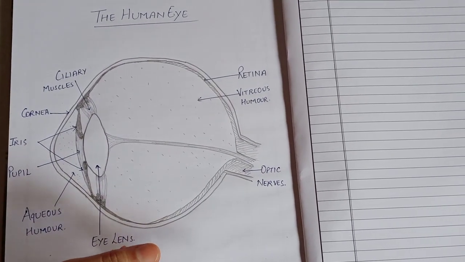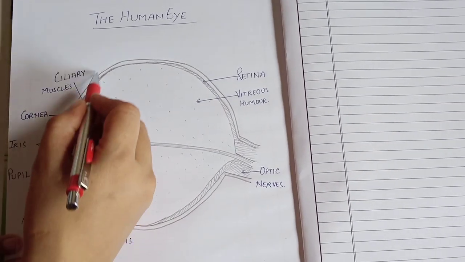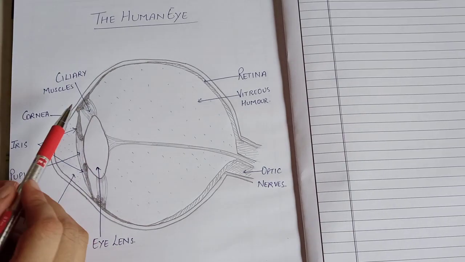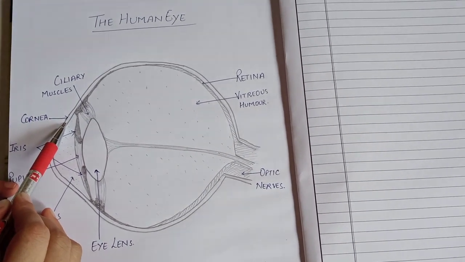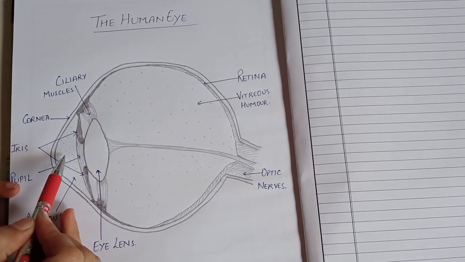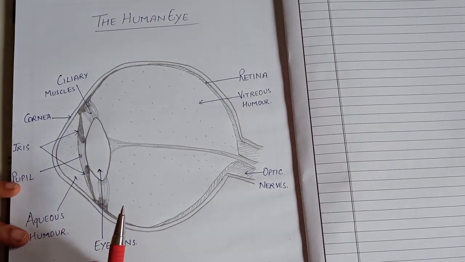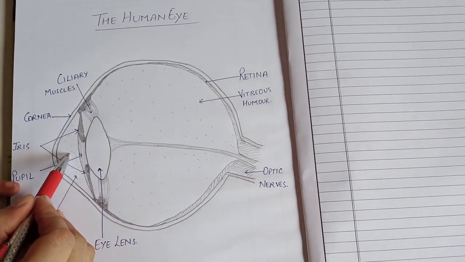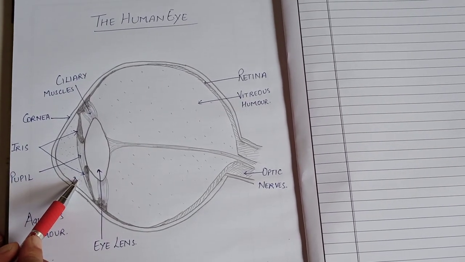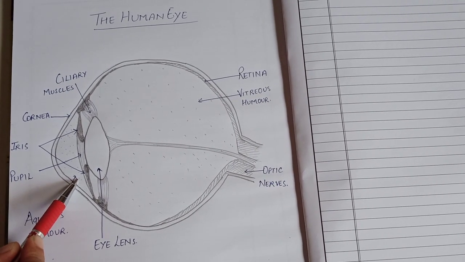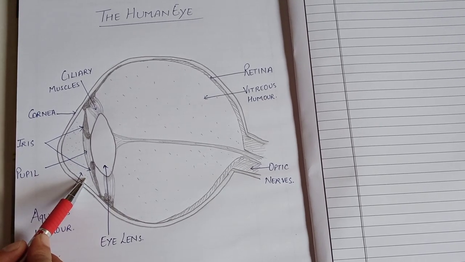Starting from the outside, this outermost double wall layer, as you can see, this complete layer is transparent and it is called the cornea. Its main function is to protect the human eye from the front, and also it allows the light to enter towards the lens. Just after the cornea, you can see there is the aqueous humor. It is a semi-solid fluid which helps the eye content to keep moist and also for protection.